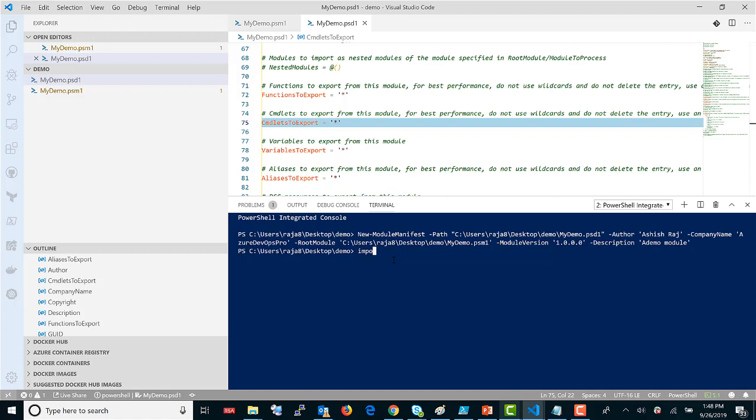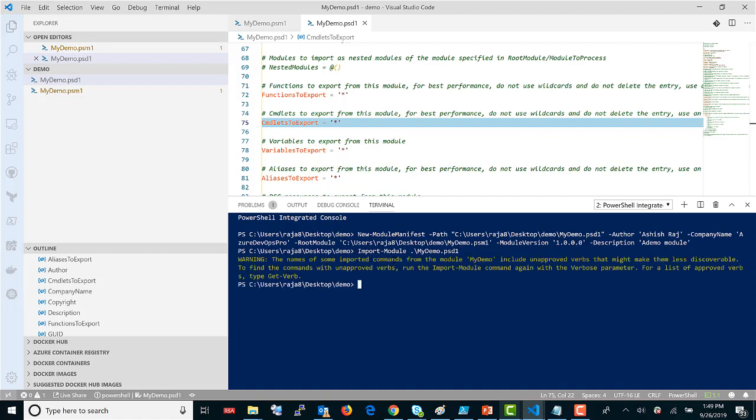Import module, right? Import this, not function but module actually. So Import-Module, now what I will do, my demo PSD1. So instead of using PSM1 that we were doing earlier, we will be using the PowerShell module manifest file to load this module, and it will control what has to happen according to PowerShell version, functions to export, commandlets to export and all. So if I do this,